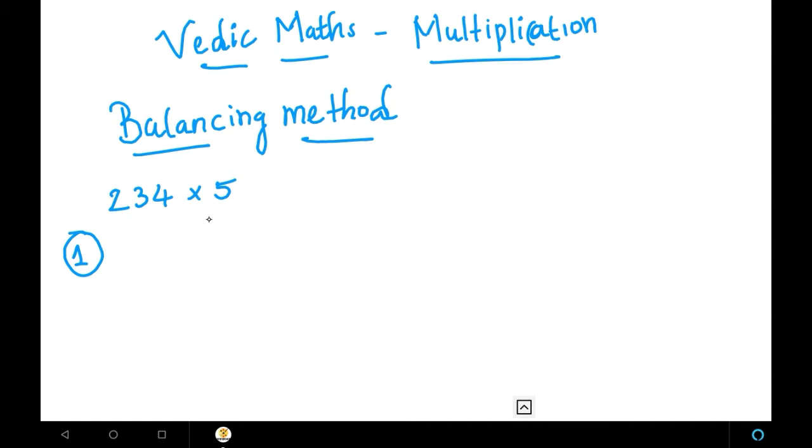So what it is saying is, this is the multiplier. This multiplier should be multiplied separately with each digit. So here I have 3 digits. So this 5 should be multiplied with all 3 digits individually. So let me multiply all 3 digits individually. That is 5 fours 20. First digit, 5 fours 20.